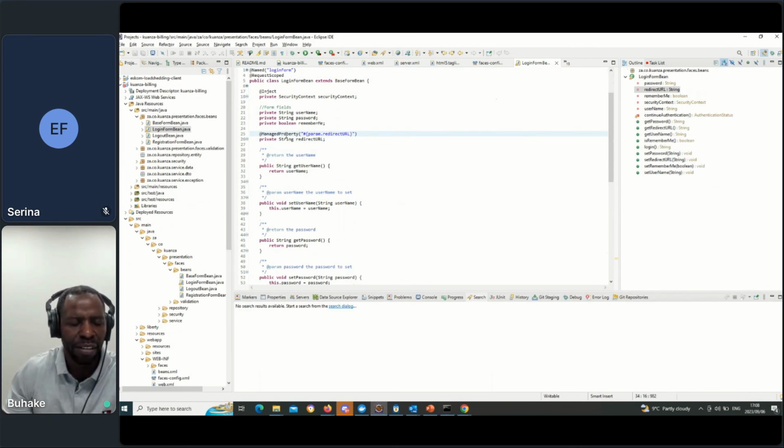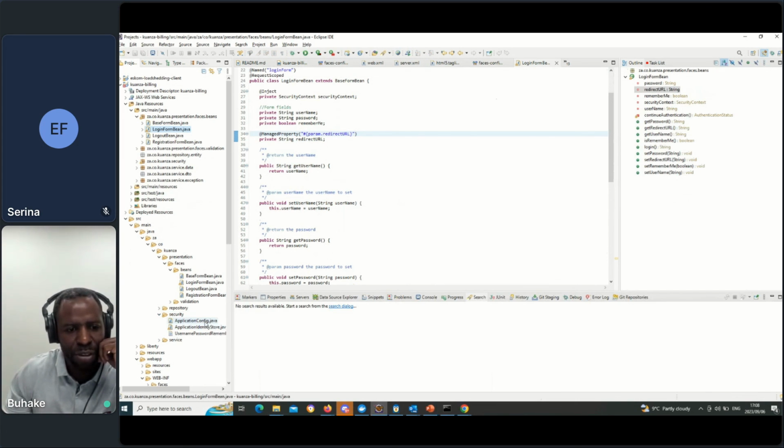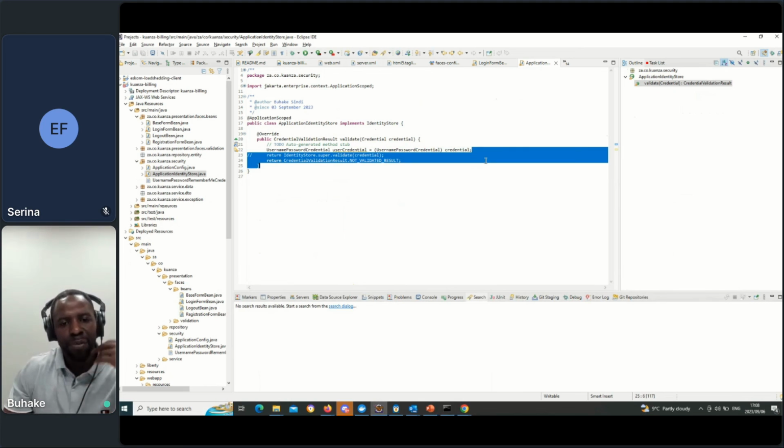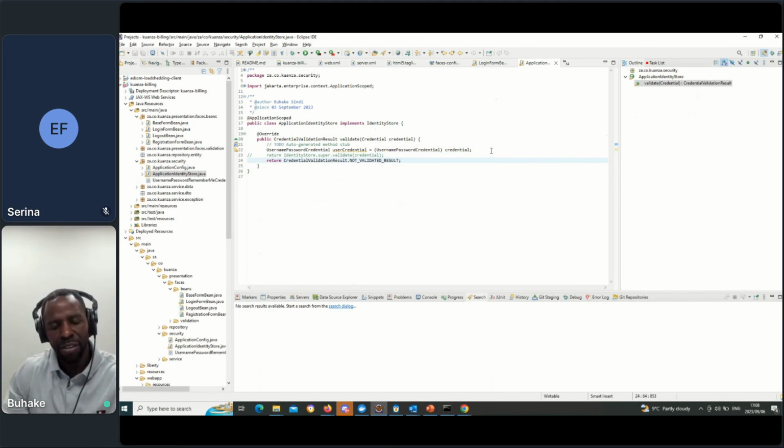Managed property is still the same. Security, I'm using the latest security, so I can write my custom identity store, and here I'm still busy implementing the authentication.